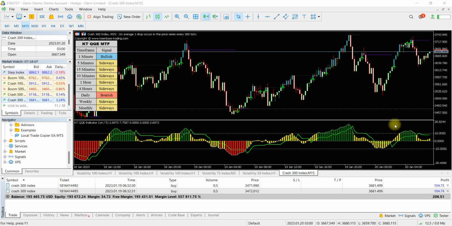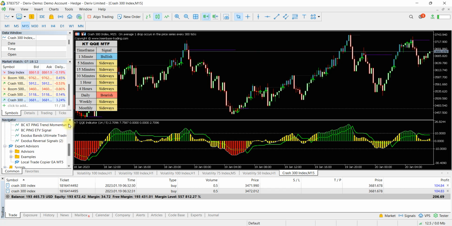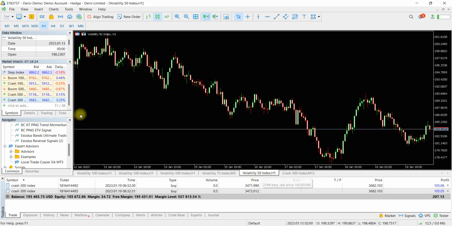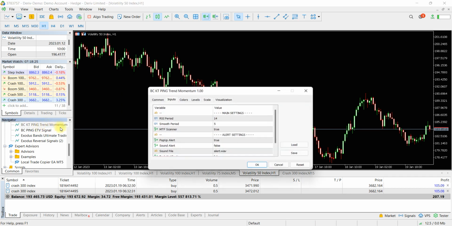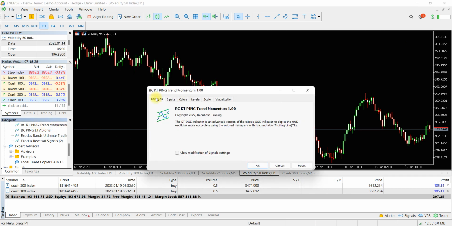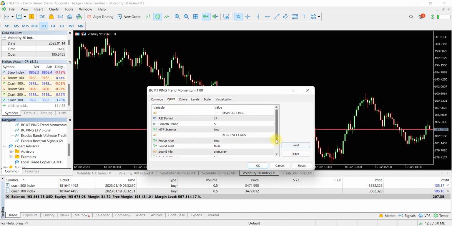Okay, so this is the indicator. This BCK tipping trend momentum and BC ping ETV. They are the indicators we are using. So let's bring it here. So we have it. You are going to mark this. You understand that, so I don't need to tell you that. Then you have